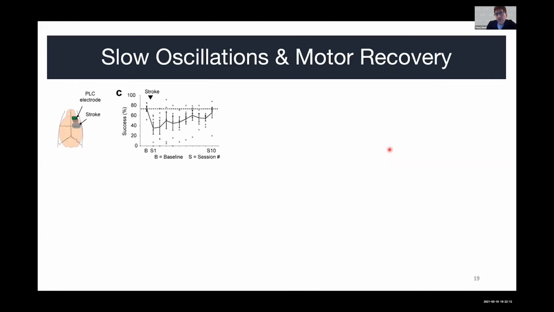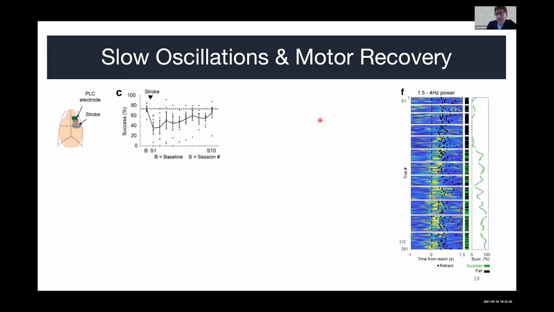So what happens during the course of recovery? With the photothrombotic stroke, we tend to have recovery, but you can see that there is a huge variability. You see that some of the animals have a poor recovery, whereas some of them have a quicker recovery. So with this model, we can really see what is happening during the course of recovery. Does this oscillation really get rescued? And the quick answer is yes, it does.